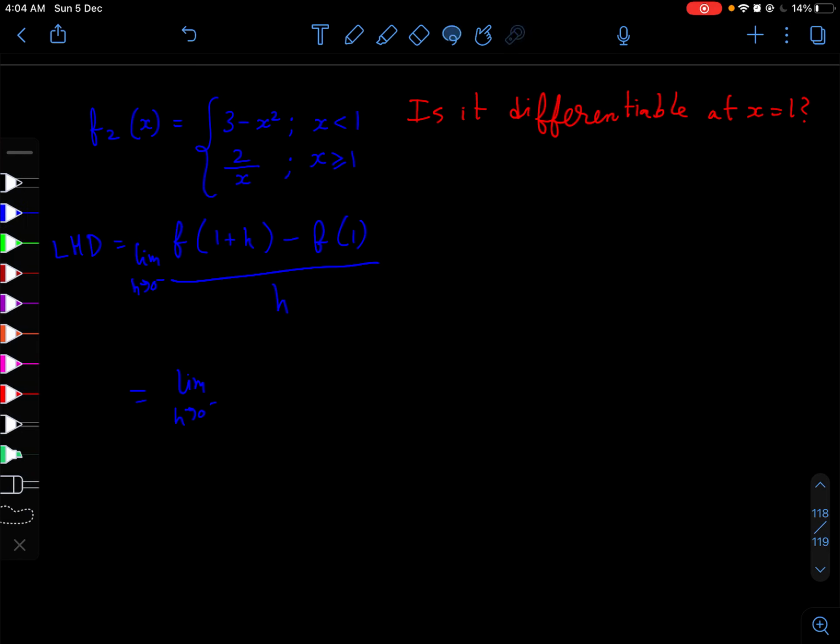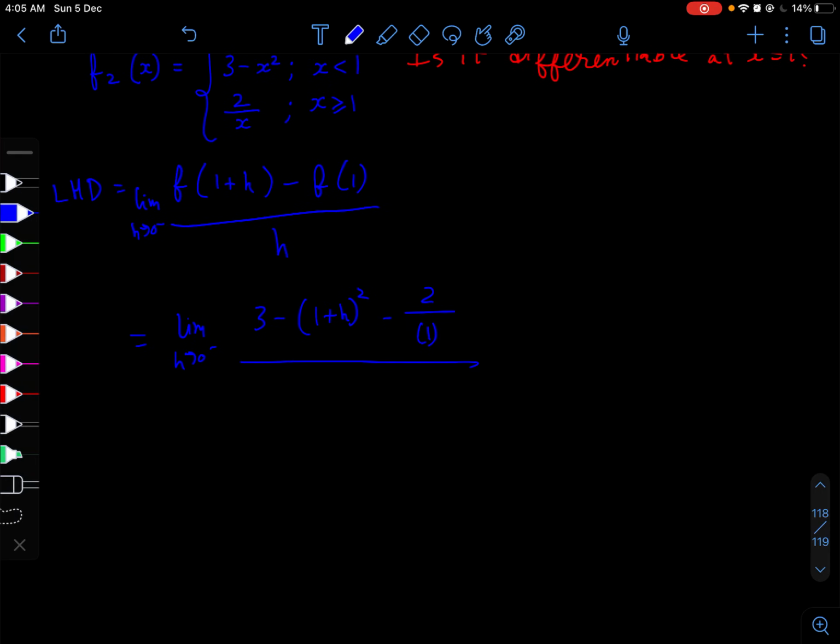So because here h is less than 0, which implies that 1 plus h is less than 1, we use this, we substitute 3 minus x squared, and here x is equal to 1 plus h. So we get this minus f of 1. F of 1 is already given as 2 divided by x, so we get 2 divided by 1